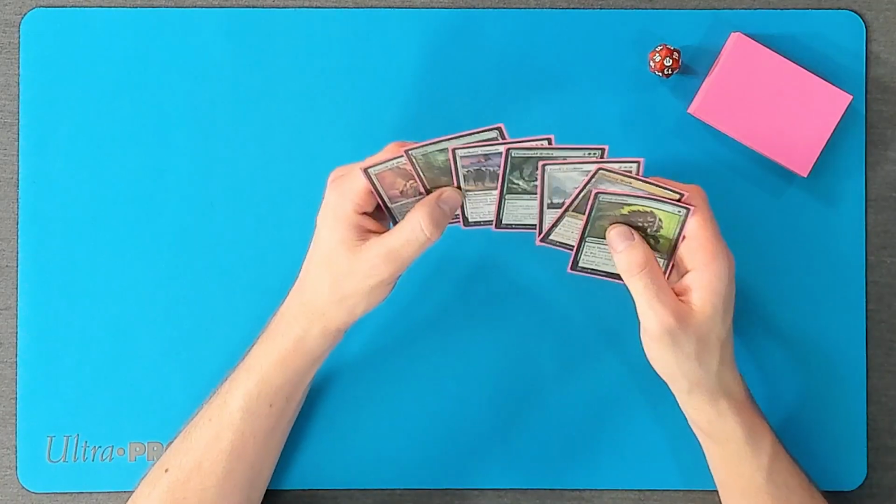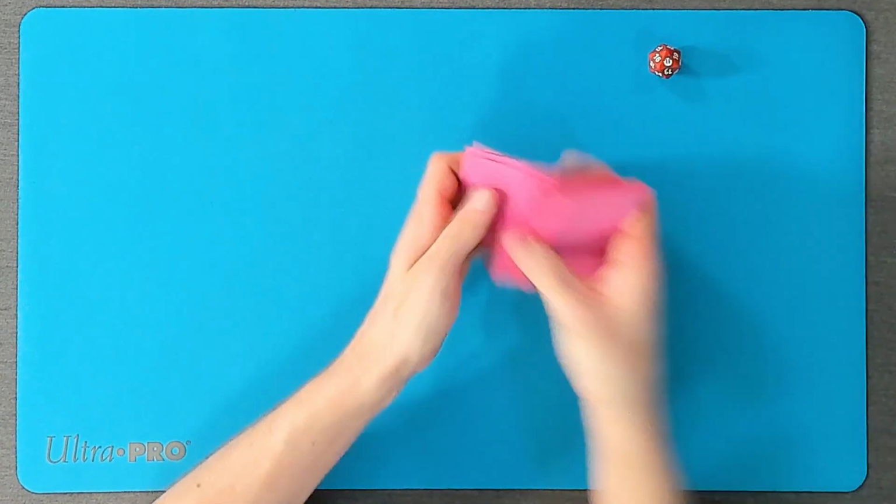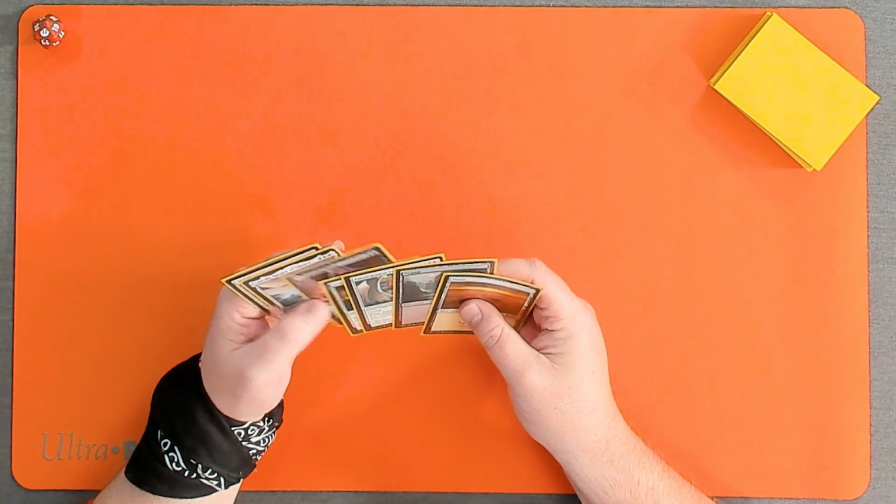I think I ought to mulligan. It's not even really a bad hand, but so many 5 drops. So many 5 drops. You know what? If the cards weren't bad...